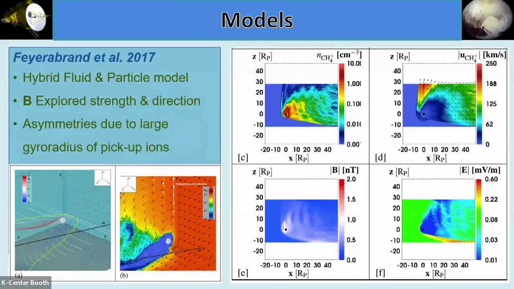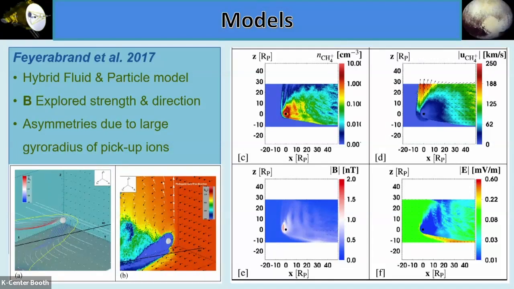Now, since the flyby, there have been models which have helped us understand what's really going on, what the structure is like, and how this process works. These are models that treat the system as a combination of a fluid, which is the electrons in the magnetic field, but the particles, because of the large gyro radius, have to be treated as separate particles. So these hybrid models, such as this one by Fay Arbent, show that